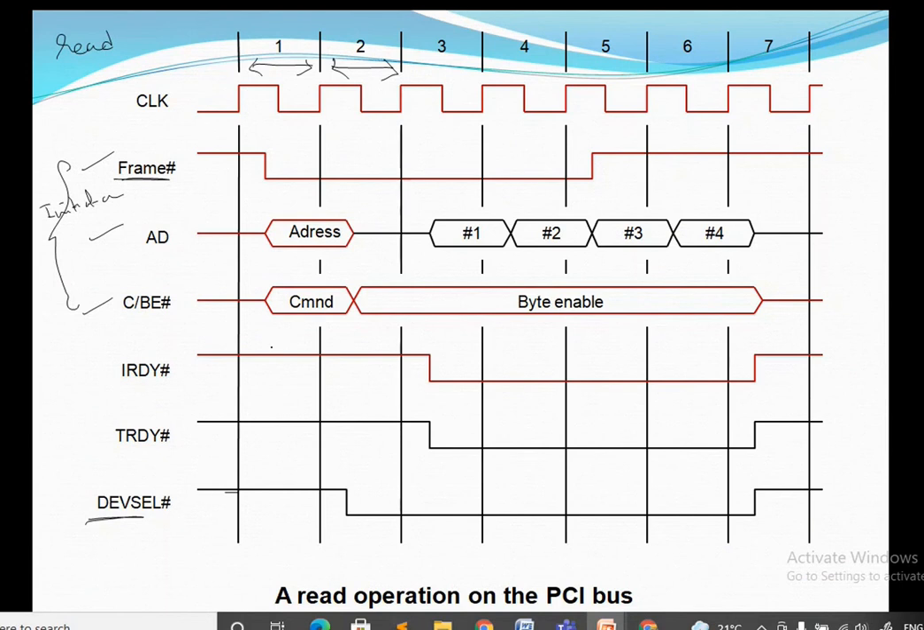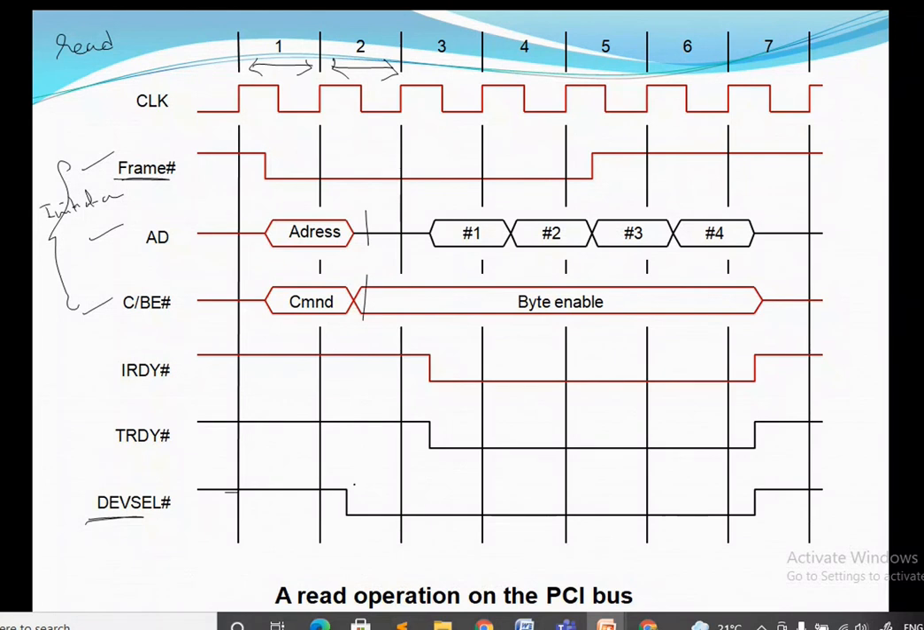Now this C/BE, that is command or byte enable, is used to send the burst command on the first clock cycle. It is used for a different purpose during the rest of the transaction. It can be used initially till clock cycle 1, indicating what operation to perform. After that, these lines can be used for some other purpose, for some other information transaction. It is not going to retain that command information for a long time, both address and command. It will be there only for one clock cycle. So by that time, assuming that the target device is identified,